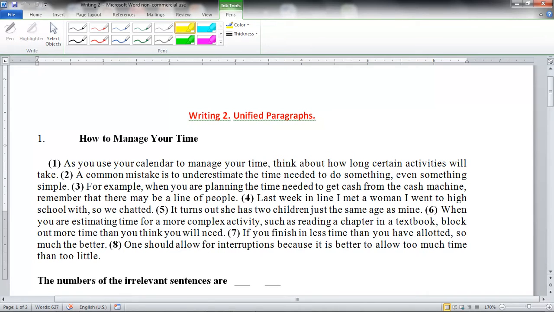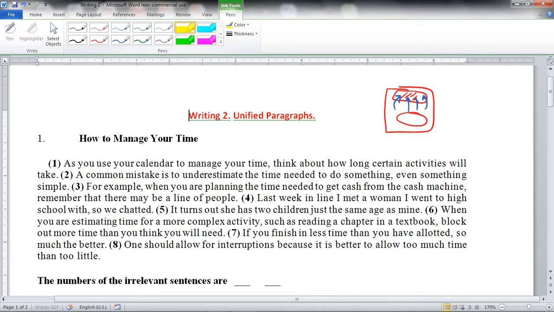In the first paragraph, it looks like there are two sentences that don't belong. All the sentences are numbered. If you recall, a paragraph is unified if all of the sentences support the theme of the paragraph. So to determine whether or not a paragraph is unified, the first thing we have to determine is the theme, and then determine if the sentences support that.